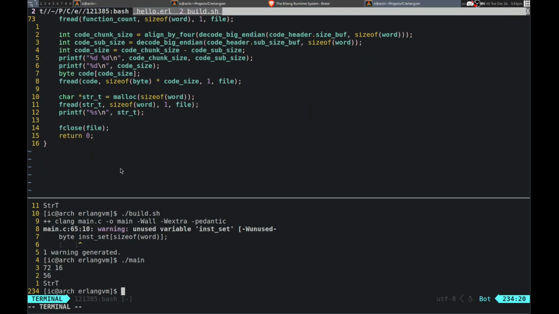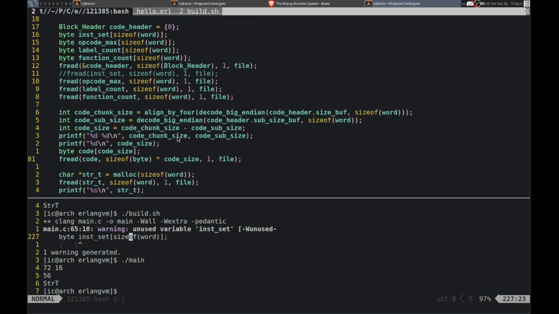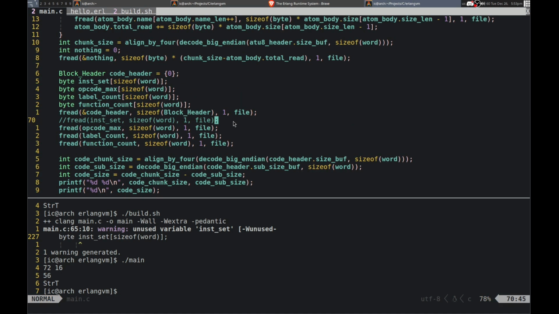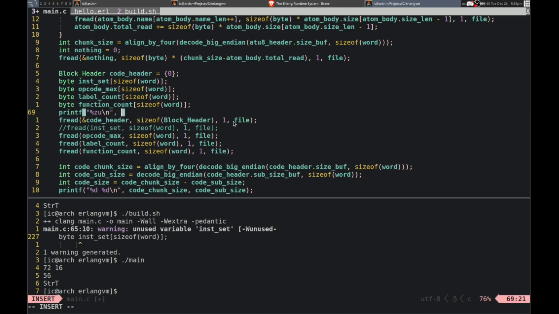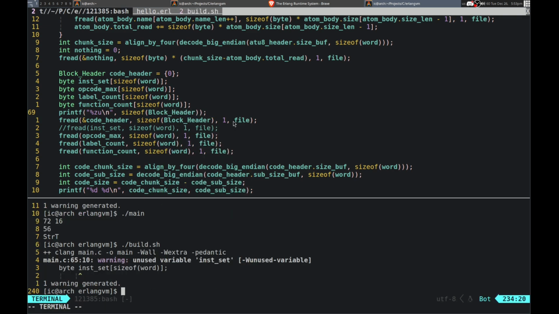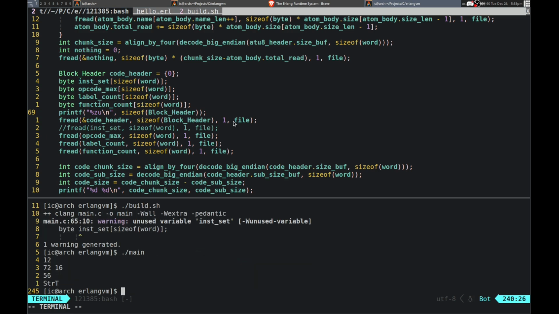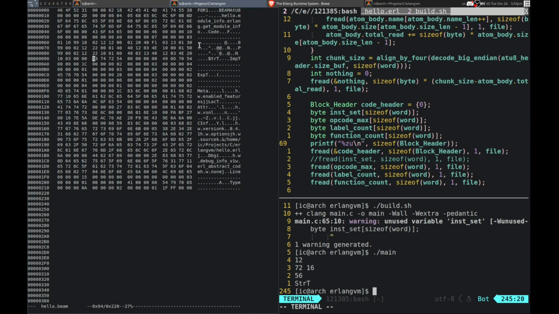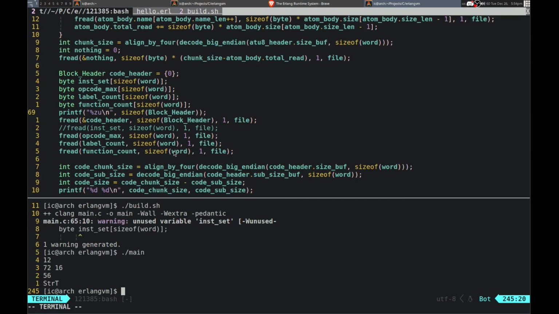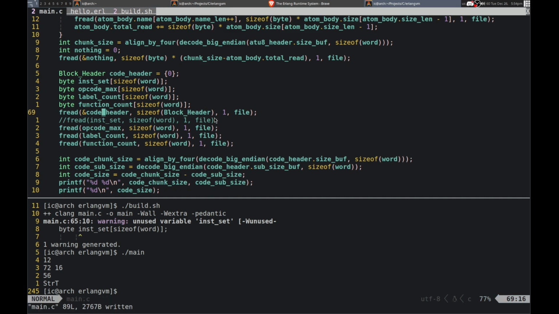Because this is right then. It's the right size, being right. So am I overreading somewhere? What is size of block header? It should be 12, I think. 12, yeah. So that's actually right, because we have 4, 8, and then 12. Wait, if I go back here. Yeah, so we have 4, 8, 12. Okay, so that is reading properly.